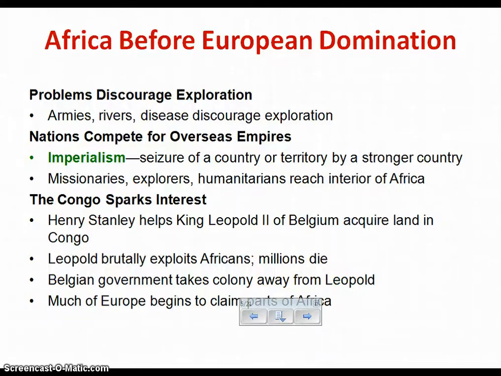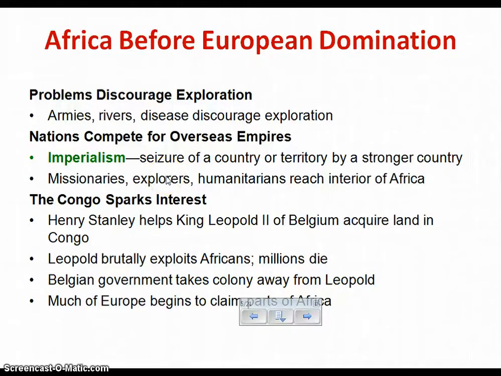So looking at what imperialism is again, imperialism is when you seize a country or territory by a stronger country. Often imperialism is done in more than one way. Now the most obvious way would be imperialism is done to gain more money for that stronger country. As we talked about before, it would be resources. But imperialism is also linked with things like missionaries. Now if you don't know what missionaries are, that has to do with religion. In this case, the European religion at the time would be Christianity. So many times Christian missionaries would go to Africa to try and convert different African tribes to Christianity.